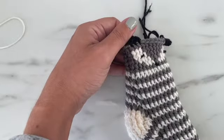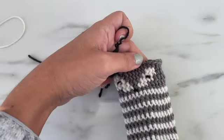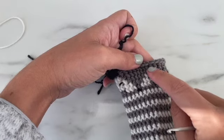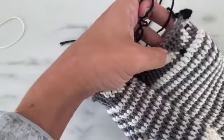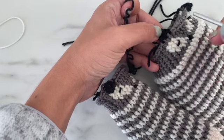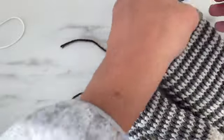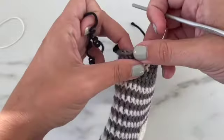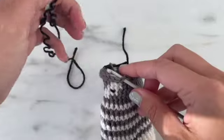Now I'm going to show you the ear. All right, so for the ears, we want to line them up. Oops, sorry, I hit my camera there. We want to line them up. We're going to use the 3 stitches directly above the top part of the face here. So you can see on all my socks, I was working into these 3 stitches that are directly above each eye. And in the written pattern, it'll tell you what stitch to work into. But you're just going to put your hook into the stitch,